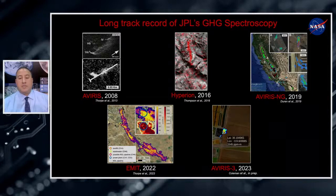What I'm showing in the center panel there is the first methane point source that was observed from space using the Hyperion satellite by colleague David Thompson at the Jet Propulsion Laboratory. Airborne campaigns, we've done a number of those over the years. This is an AVIRIS Next Gen campaign from the California Methane Survey when Riley Duran was the PI. He's currently the CEO of Carbon Mapper, but he was at